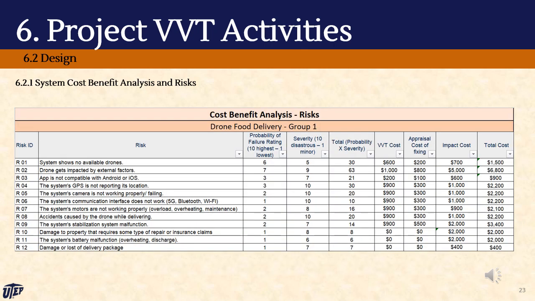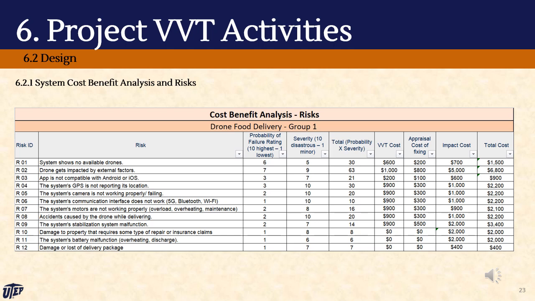Here you can see a portion of the cost benefit analysis for our project. Each risk is meticulously evaluated based on its probability and severity, rated on a scale of 10. The risk value is derived by multiplying these two factors, effectively prioritizing risks according to their potential impact. Notably, risk 2, concerning the drone being affected by external factors, emerges as the most critical, with a risk value of